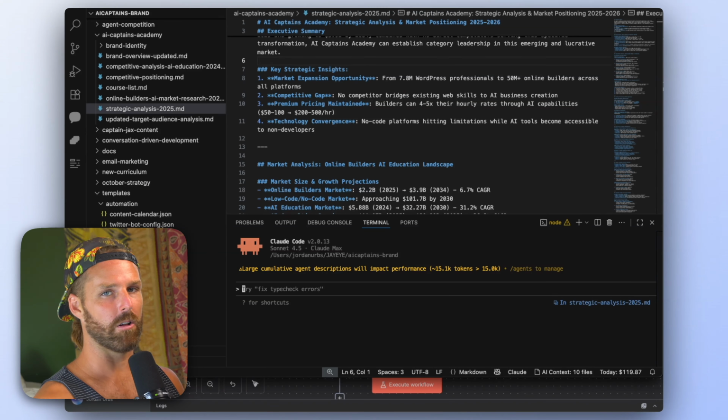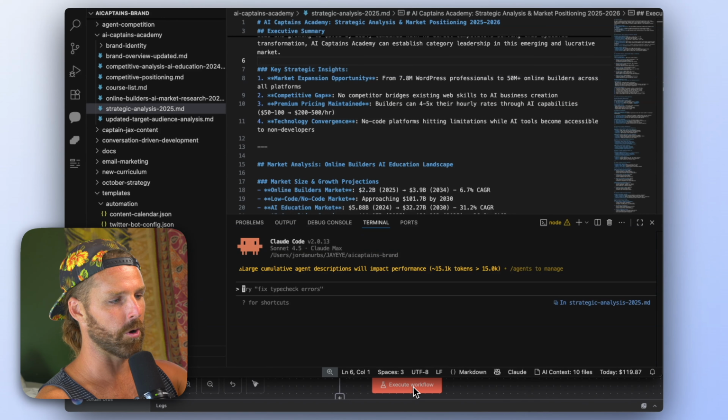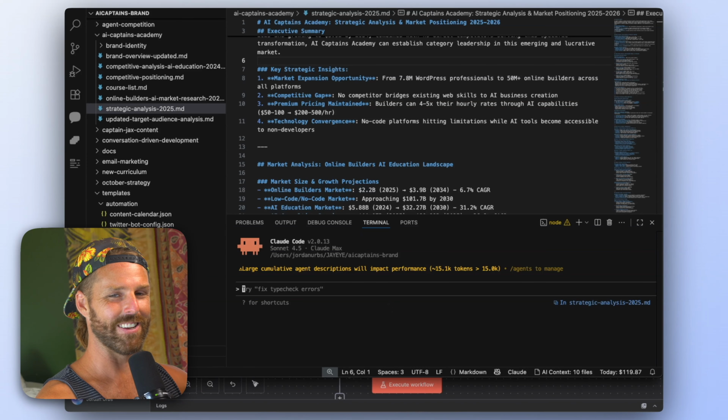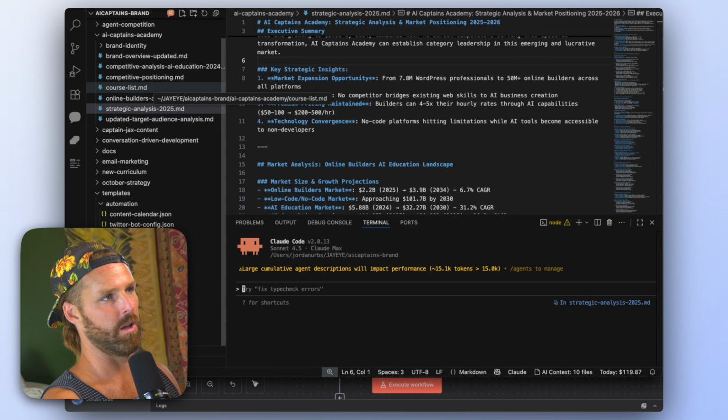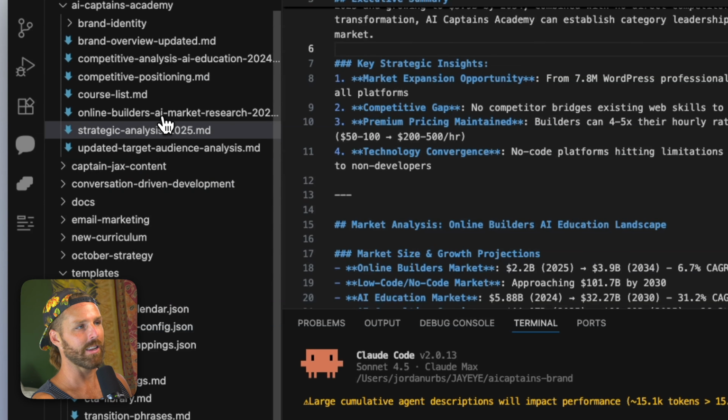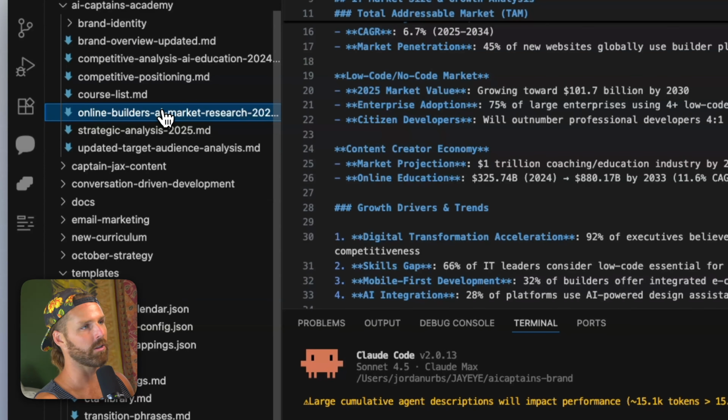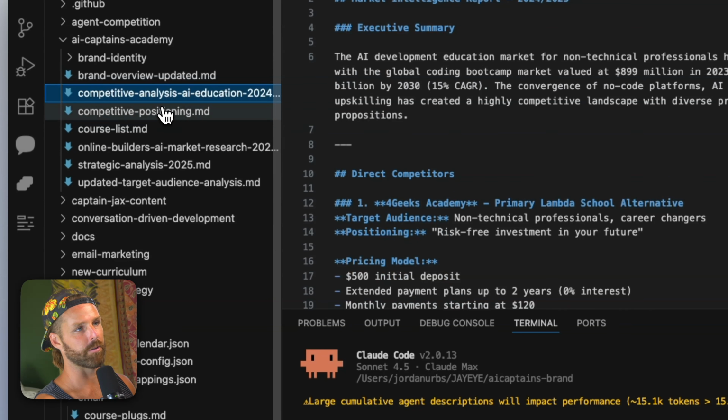So I make my knowledge bases with Claude Code inside of an IDE. This is Visual Studio Code. It is an integrated development environment. And this is a place where you would generally make code. But in my case, there's not a lot of code going on. It's mainly just knowledge synthesis with all these different files.